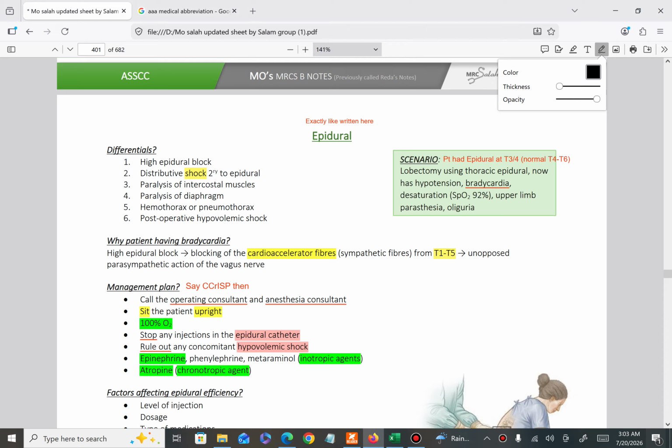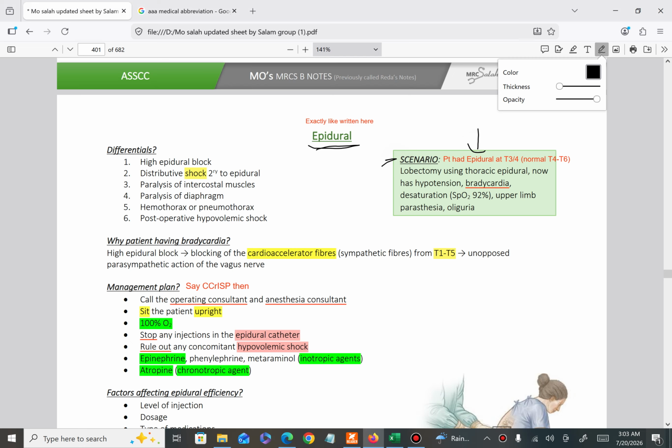Hello, let's do the next stations from the critical care for MRCS Part B. So the next station is about epidural anesthesia. Okay, the scenario is a patient had epidural